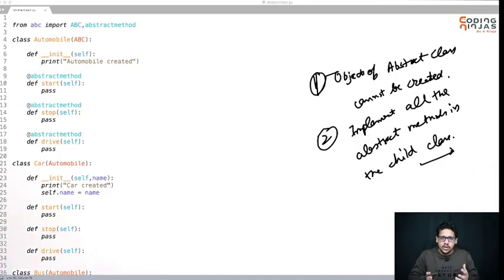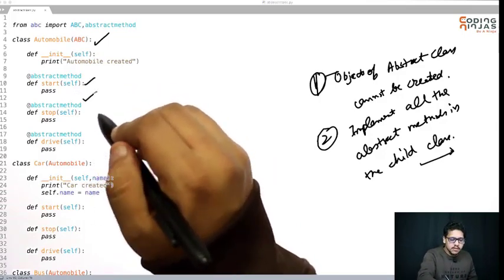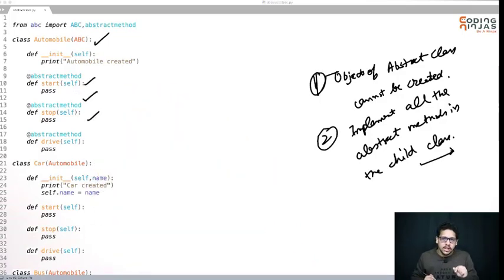Now you know how to inherit from an abstract class, how to inherit from an ABC class, because this is an abstract class which inherits from the ABC class. These are the abstract methods which need to be implemented by all the classes which will inherit from this abstract class. This is how abstract classes are used. According to the functionality, we can create more abstract classes and more abstract methods as long as they are required. Great. Thank you.